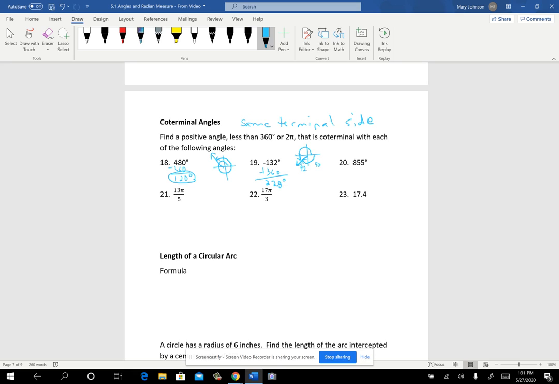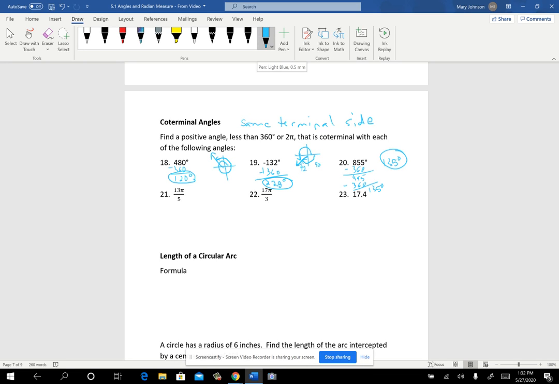All right, so with 855, we've rotated around several times. So you might just subtract off a couple rotations. So if you take away one rotation, you'd be at 495. If you unwrap it a little more, you'd be at 135. And so an angle that would be coterminal to that would be 135 degrees. Okay,